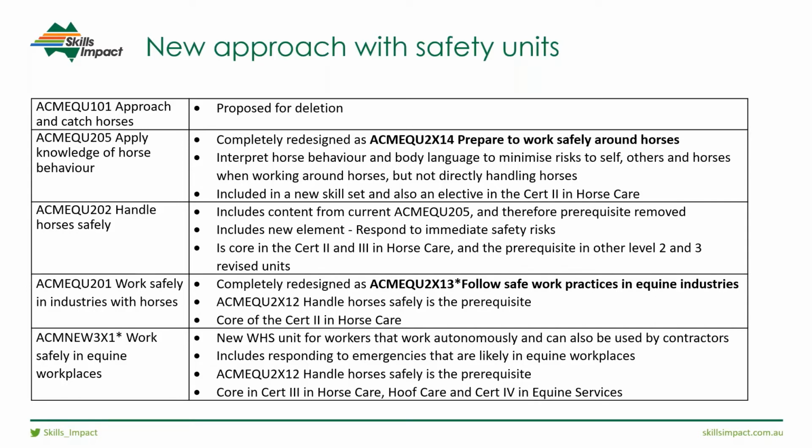And one of the biggest changes is the next unit, the new 3x1 work safely in equine workplaces. So currently the industry's been using the generic ACM WHS 301 unit, work safely in animal workplaces, I think it is. We've redesigned this as a robust unit for workers that work autonomously and can also be used by contractors. So therefore, the fourth bullet point there, it's in the Cert 3 in horse care and Cert 3 in hoof care,